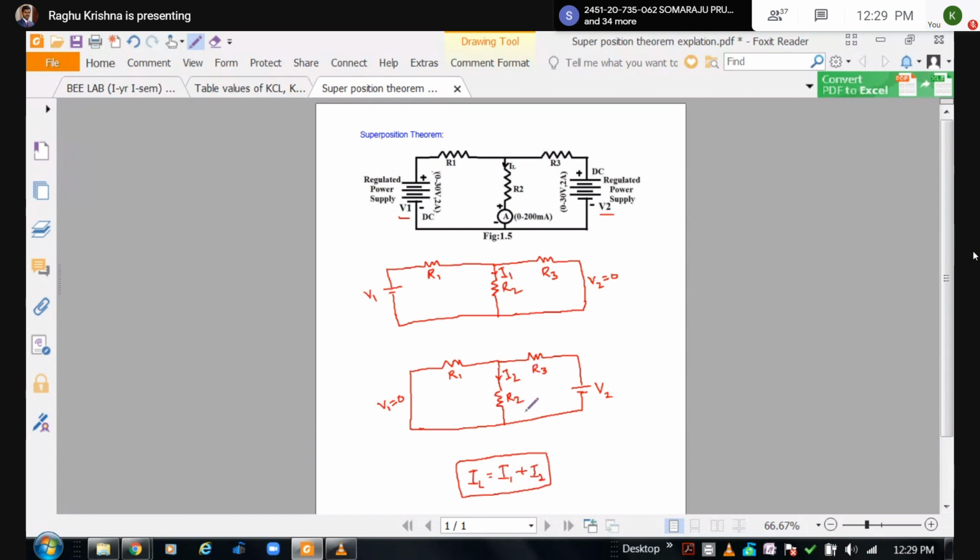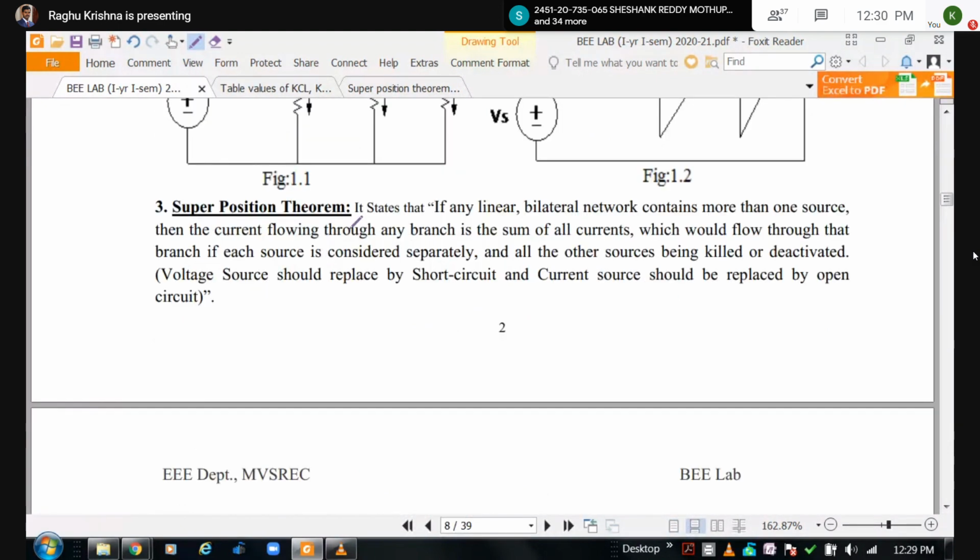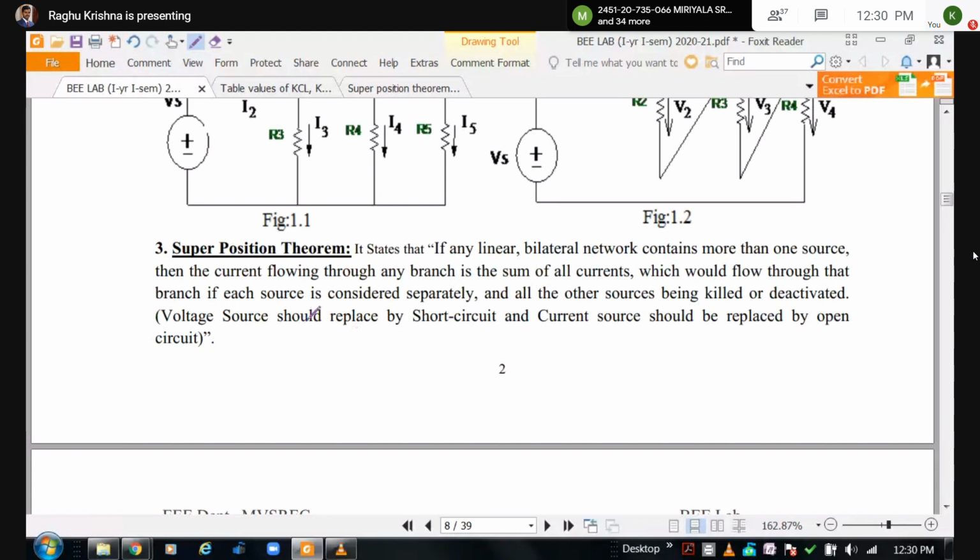So coming to the statement, see here. See the statement. It states that if any linear bilateral network contains more than one source, see here, more than one source. It is given that more than one source. If any linear bilateral network contains more than one source,